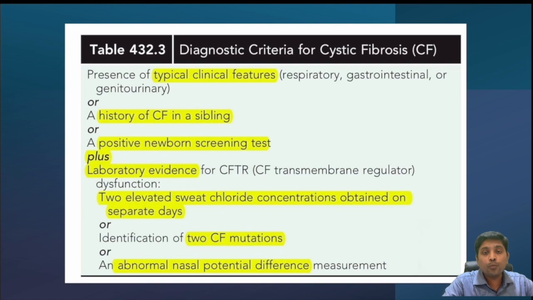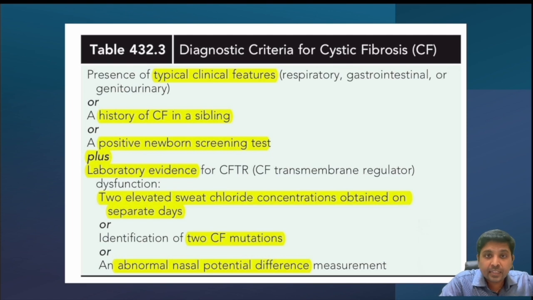But first of all, whom to be investigated for cystic fibrosis? The answer is one who has got typical clinical features of respiratory problems. Upper lobe, diffuse bronchitis, more so upper lobe bronchitis. Meconium ileus, recurrent pancreatitis, neonatal cholestasis, distal intestinal obstruction. The manifestations of CF, gastrointestinal, genitourinary, congenital absence of bilateral vas deferens. When any one of these typical clinical features are present, along with a history of CF in the sibling,